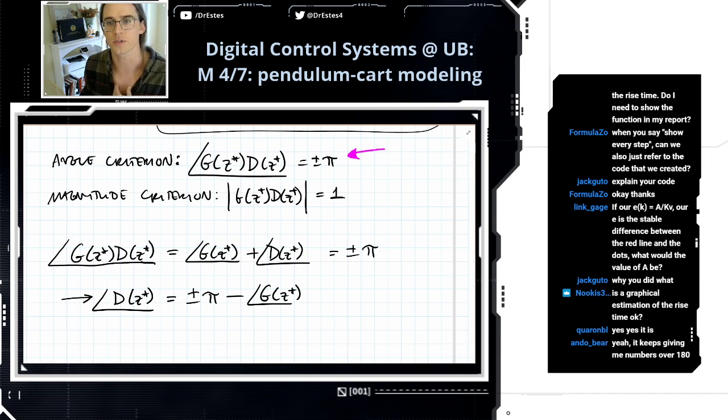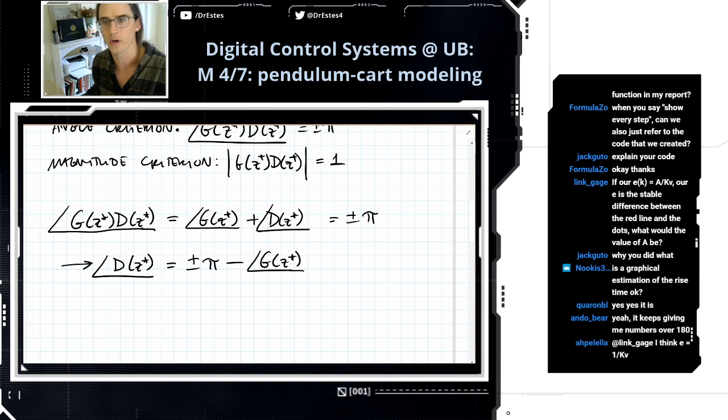It keeps giving you numbers over 180. Okay, when you're doing the angle criterion. Okay, sure. So now at this point,